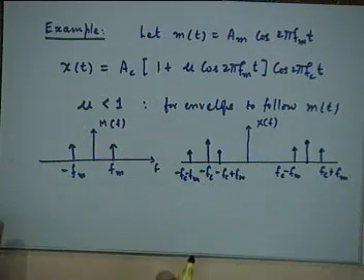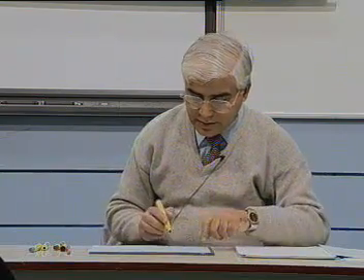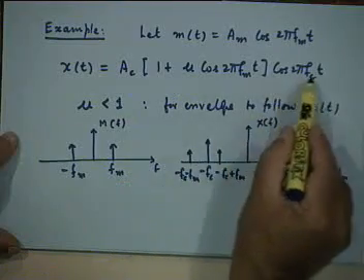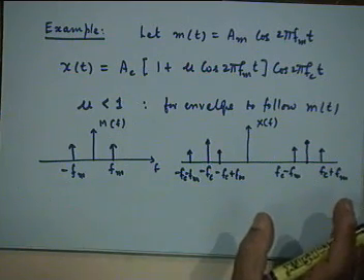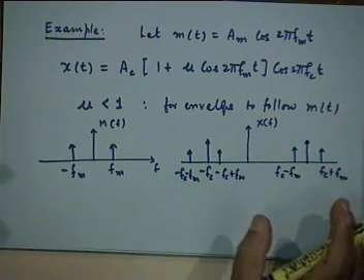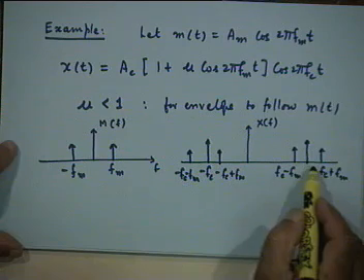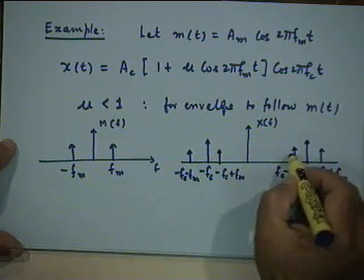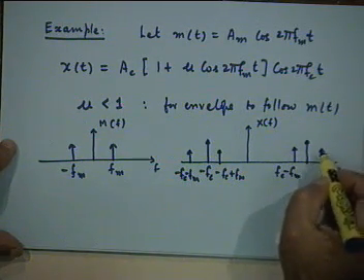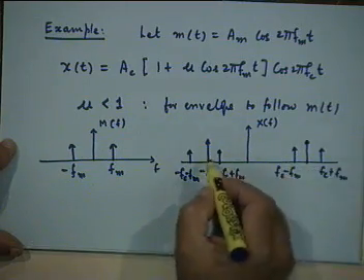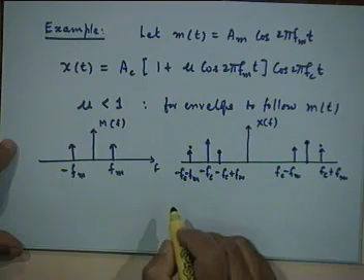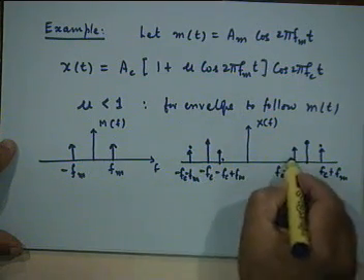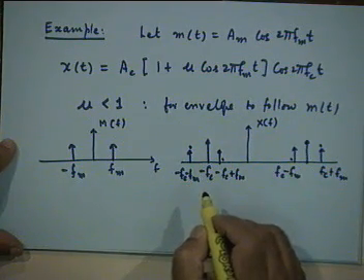Let's do some power calculations now, and therefore power efficiency calculations, right? To do that, let's look at how much power is carried by the carrier and how much power is there in the sidebands. Which are the sidebands in this case? These are the two sidebands. This one is the upper sideband, this is the lower sideband. Actually, these two together constitute the upper sideband. This and this constitute the lower sideband, right?